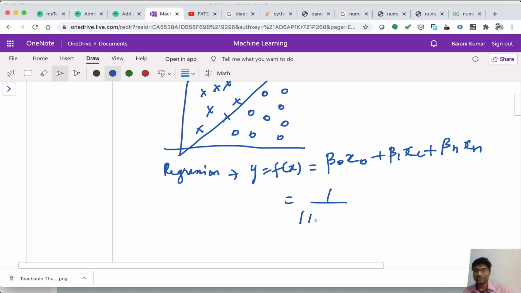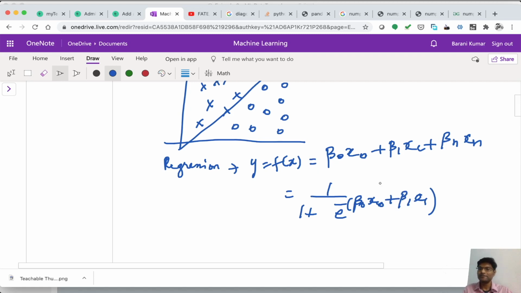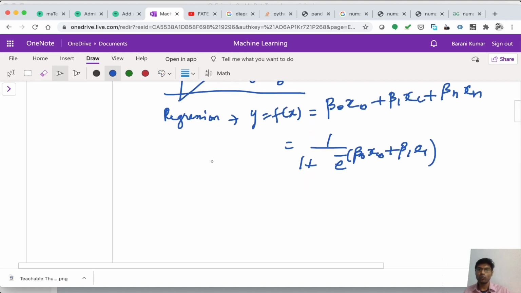We are going to transform this equation into 1 divided by 1 plus e raised to the power of the line equation that we have. Suppose I am going to consider only two variables, then I will restrict it to x0 and x1 alone. Now this format of function, 1 divided by 1 plus e raised to the power, is called the sigmoid function.